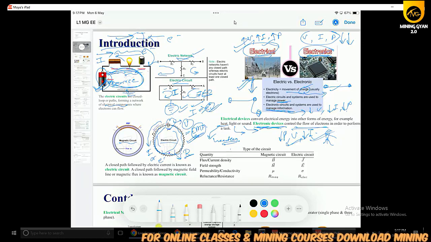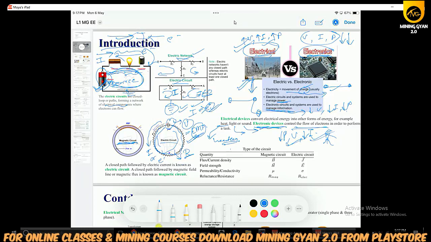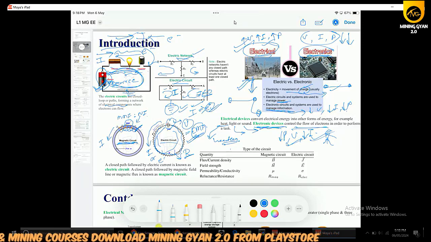So this is the conducting material or wire that offers a resistance that obstructs the flow of current. But in case of magnetic circuit, this is also similar to an electric circuit, but how is this different? In case of magnetic circuit, obviously we have to provide an external force, and that is called MMF, magnetomotive force, and that will be written as N into I, where I is the current that will flow in this closed path of a magnetic circuit, and N represents the number of turns of this conductor, such that the current will flow from here, and it will flow like this, and it will complete its path.